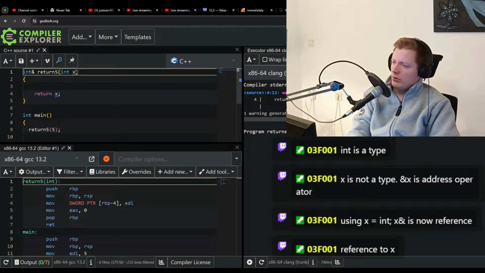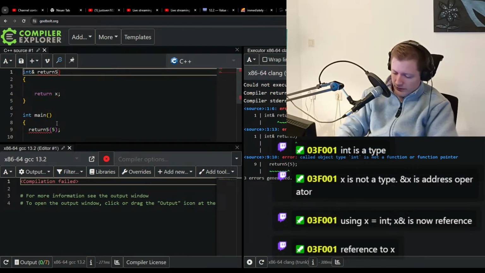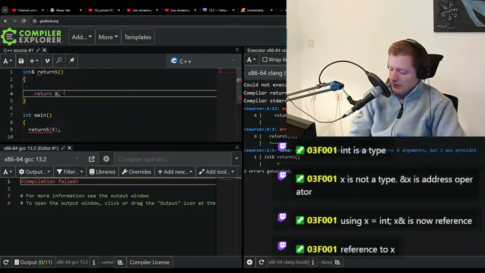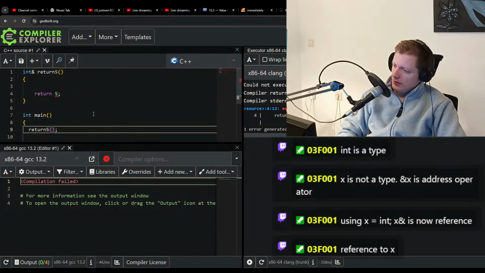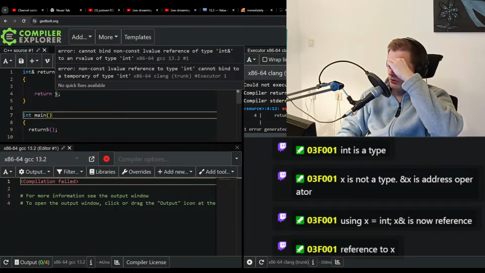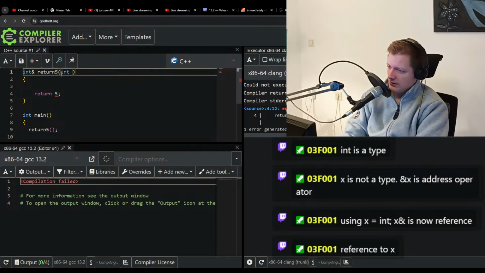Wait, this should not work if I have it like this. Why am I right now so confused? If I'm doing this, I should get in trouble here. Yeah, I cannot bind a non-const Lvalue reference of a type integer. Yeah, that makes sense. And if I'm doing it like that,